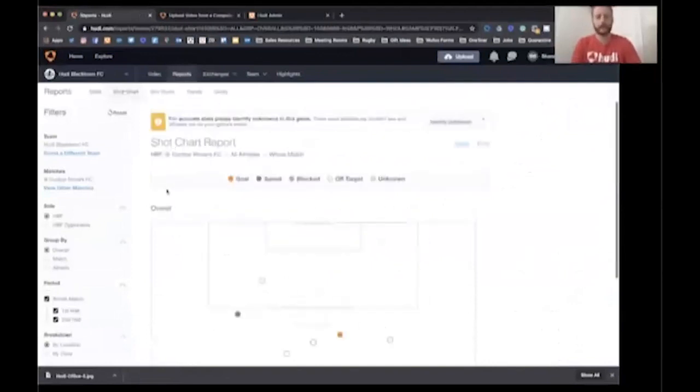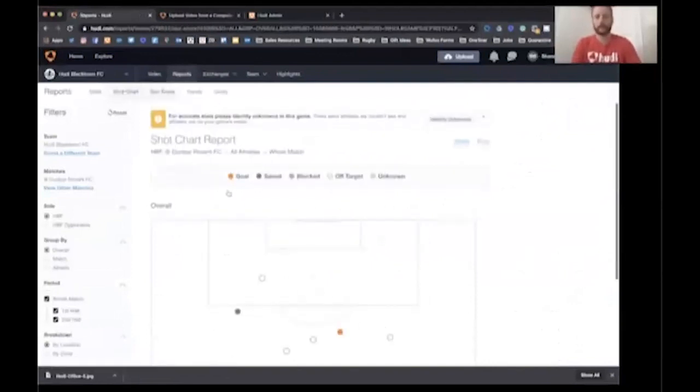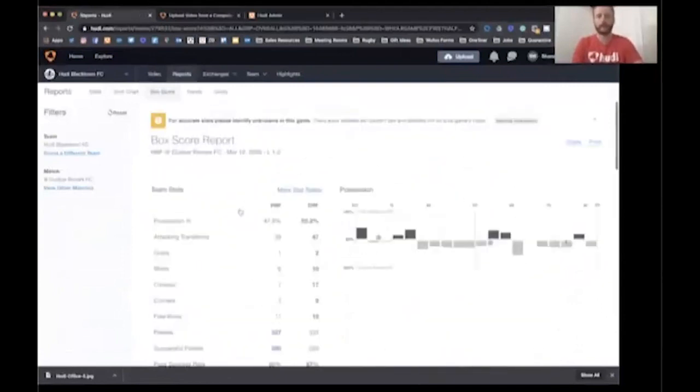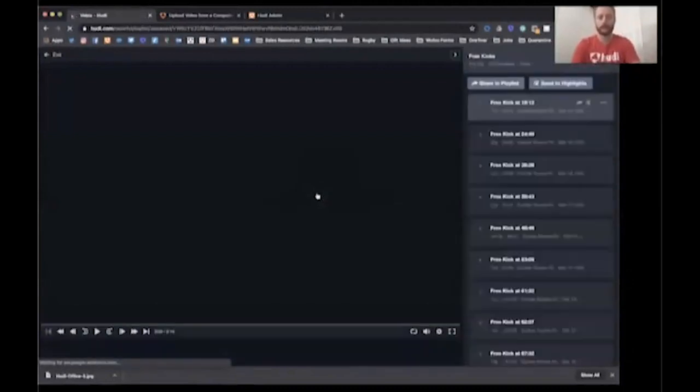So there's my stats and my shot chart. Box scores with some passing stats will be in there as well. There's all sorts of stuff to go in and get your hands dirty with there. And everything in all of these charts is clickable and is linked to video. So for example, here, these free kicks, if I wanted to look at the 19, I would click on that number 19 and it'll bring me through to all of the free kicks for my opposition.